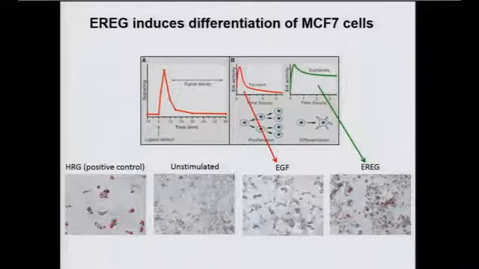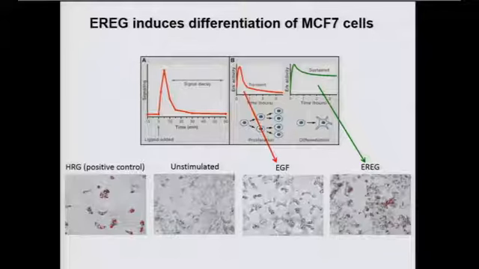EGF, which induced the transient activation of the receptor and ERK signaling, gives us nice proliferation of the MCF7 cells, whereas epiregulin doesn't, but actually causes enhanced oil red O staining, which is kind of a proxy, in a sense, not a very good one, for differentiation in this case. And we're doing some more work to try and understand that. So it really suggests that these small structural differences,